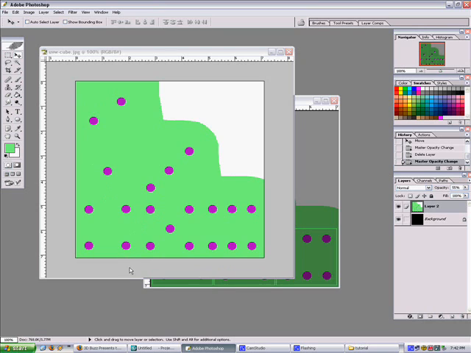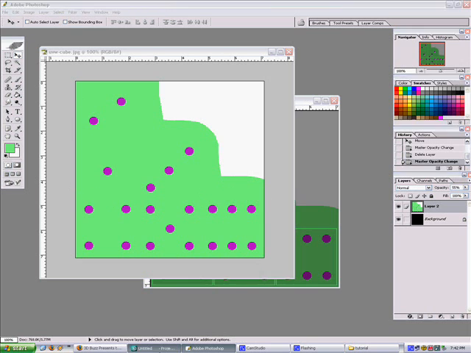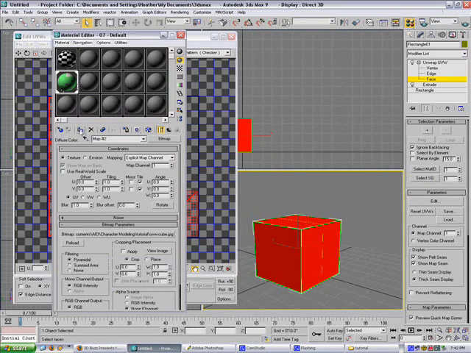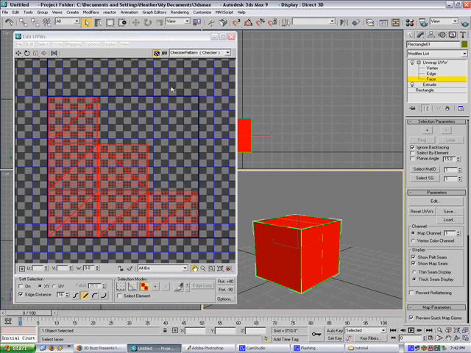I've saved it as a JPEG, and you can't see the borders anymore. That's also very important. When you save, you don't want the borders to be visible because they will be visible when you map your object again. Now I'm going to go ahead and apply this texture,